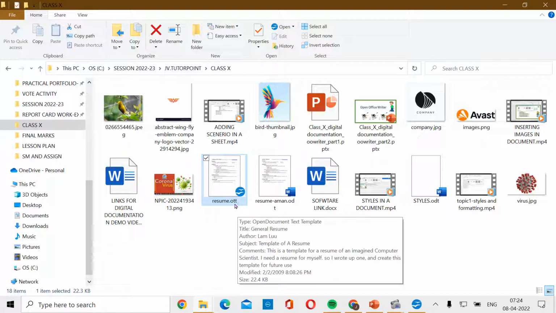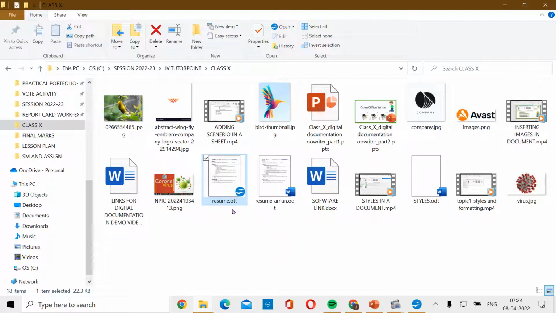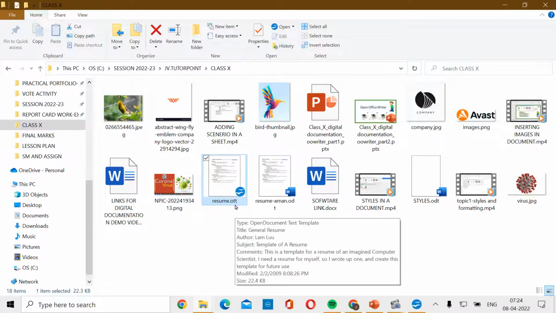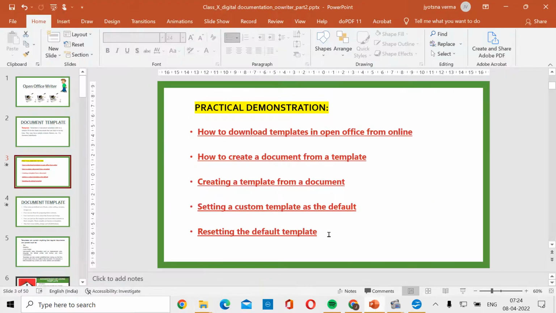OTT means Open Document Text Template. You need to note down that the default extension of the template is OTT. So I hope you have understood the first point, how to download templates in OpenOffice.